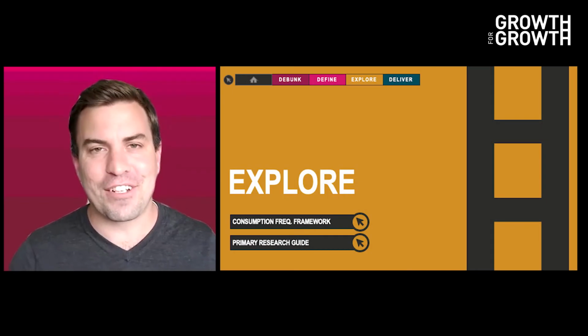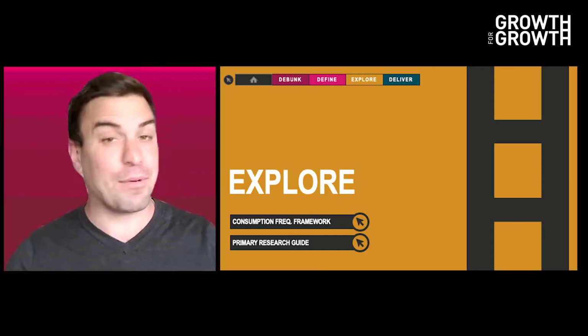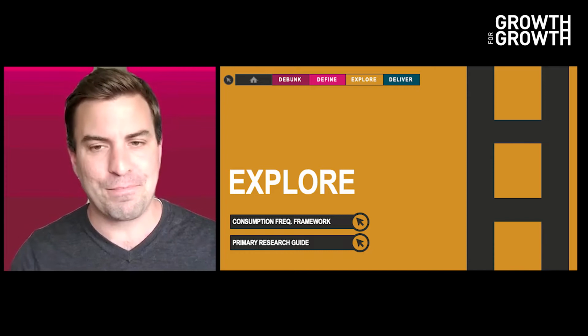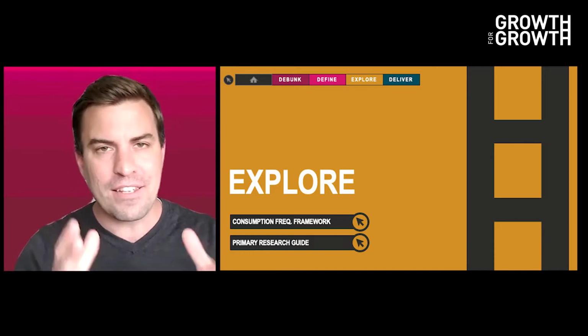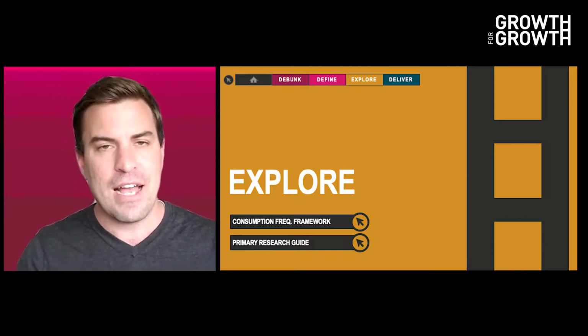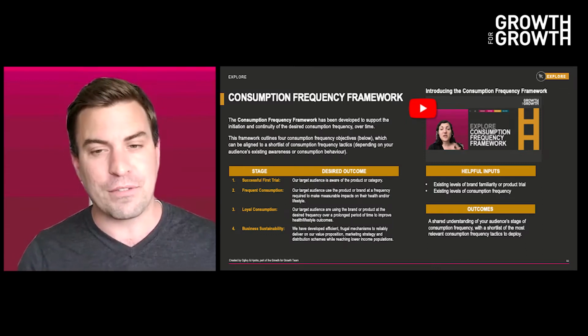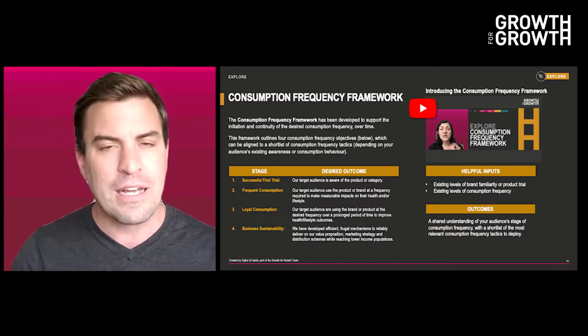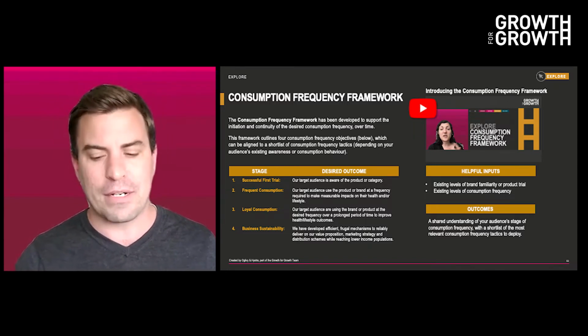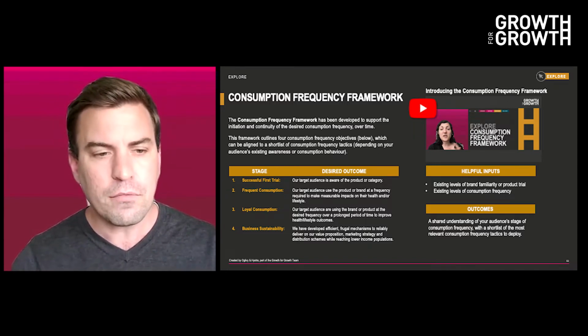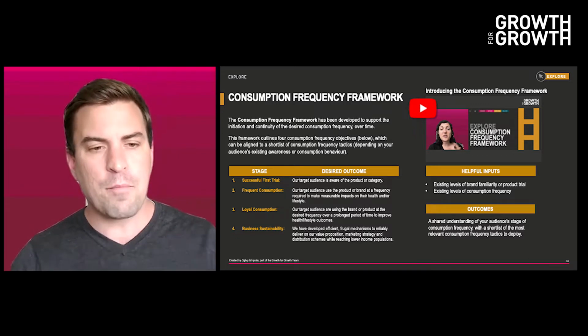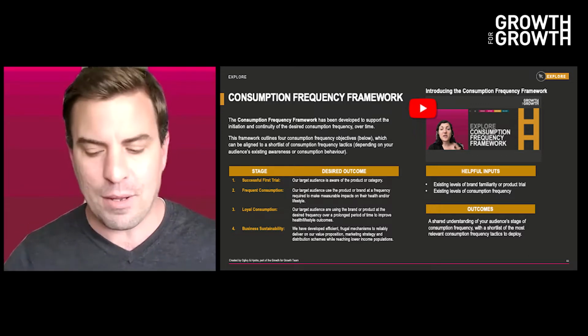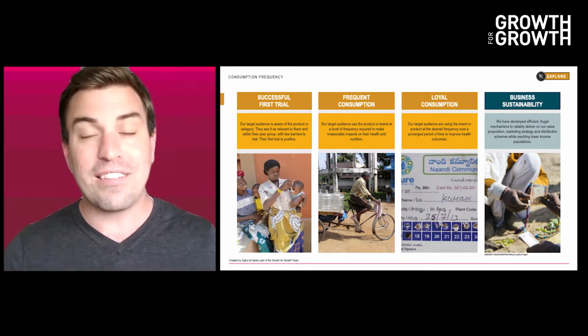So in this section of the consumption frequency toolkit explanations, we'll be talking about Explore. So how do we identify the stages of tactical opportunities? And we'll introduce the consumption frequency framework, unpacking the journey of consumption frequency, as well as introduce the primary research guide. So within Explore, what we're going to do now is move into the consumption frequency framework, which is essentially